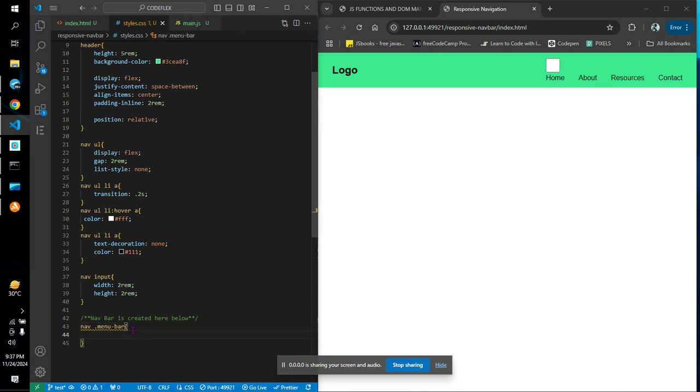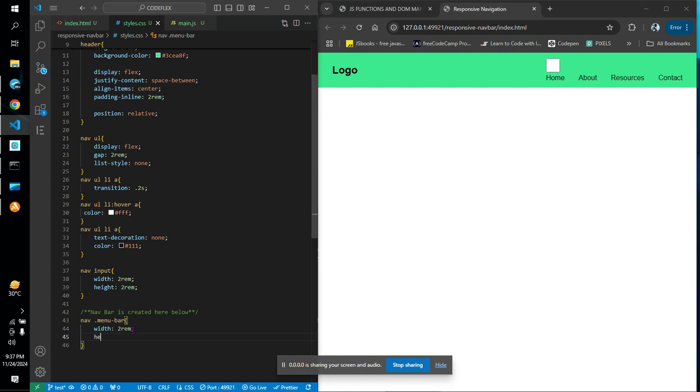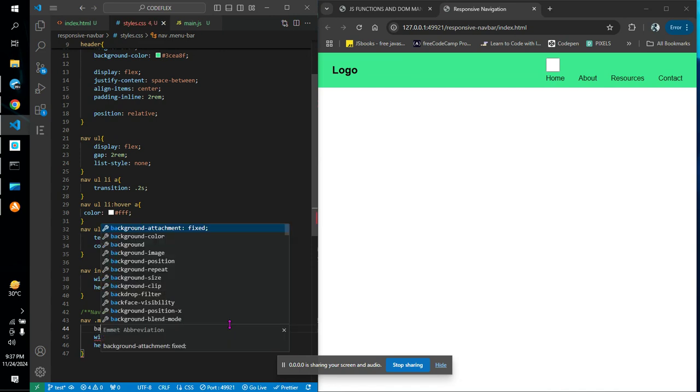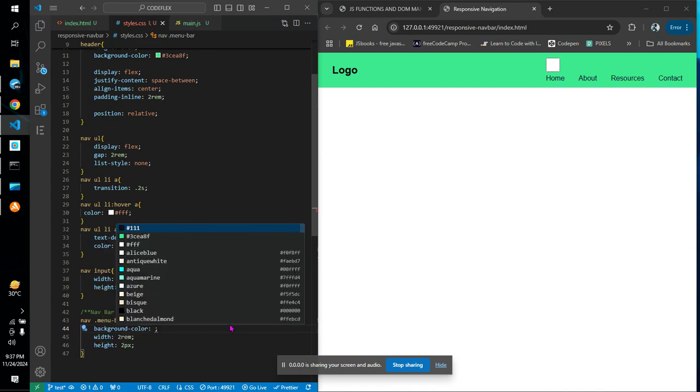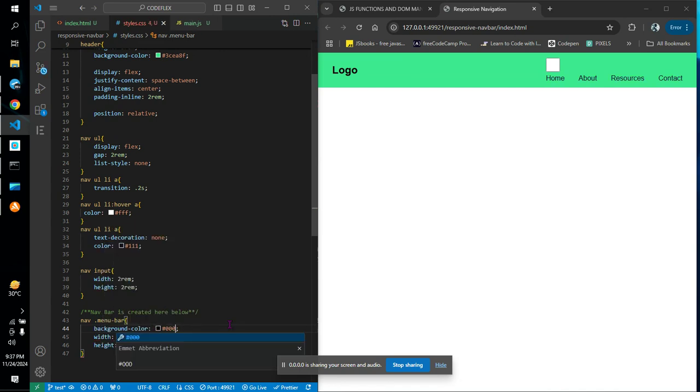And we want to give it a width, right, of say 4 rem, because this one is 2 rem, right? 2 rem. And then we want to also give it a height, but the height should be very slim, of 2px, right? And I want to also say that it should have a background color of black, right? Background color of 000, right? You see that under the input is